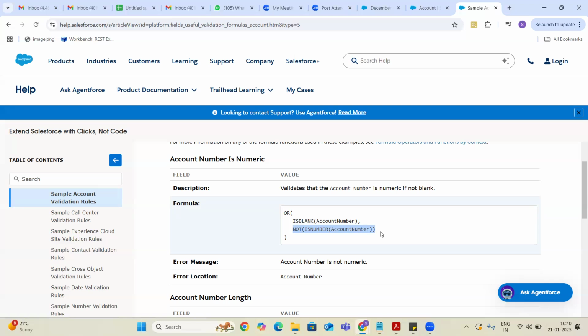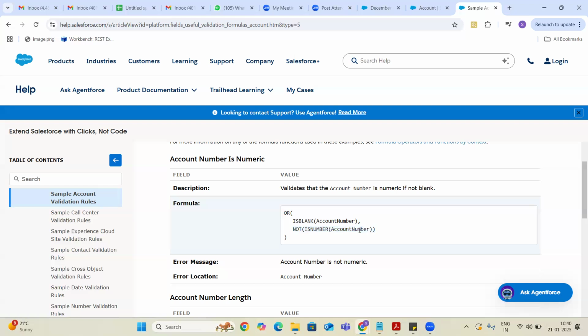If you give a proper number value, then this will return true. Obviously whenever this is false, it will not display any message, guys. Whenever this condition returns true, only then will it display the error message.